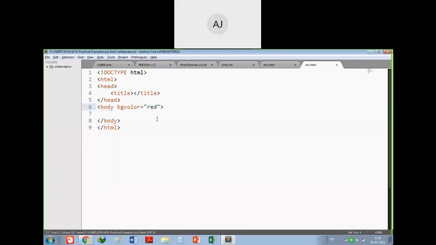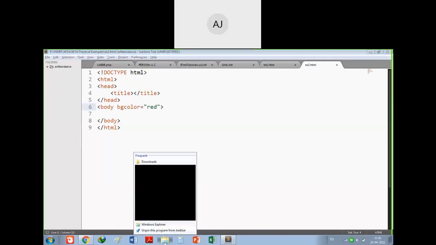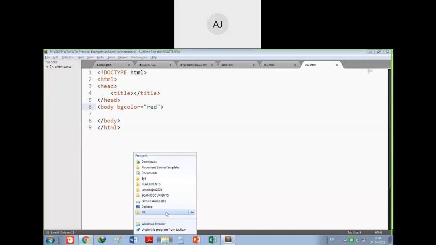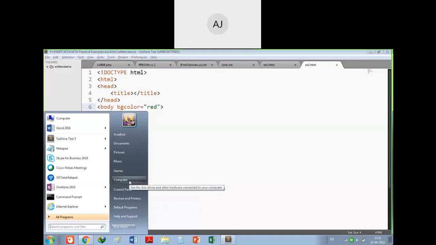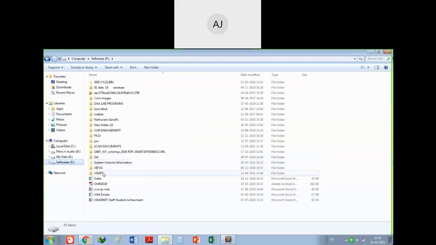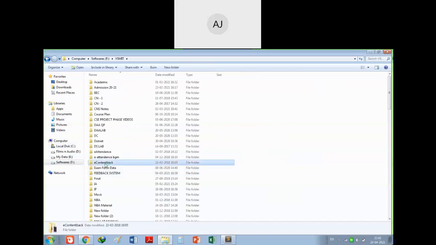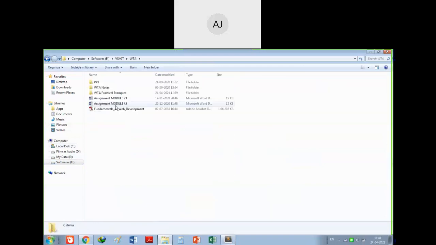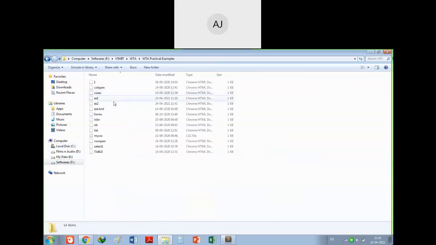Okay, now if I save this program, what is the name? ex2.html. So I will just open this directory because I cannot run from this editor. So we will just open where it is, computer, SMIT, WTA practical examples.